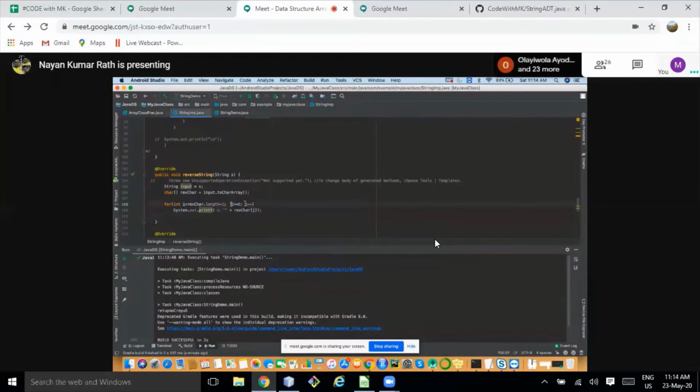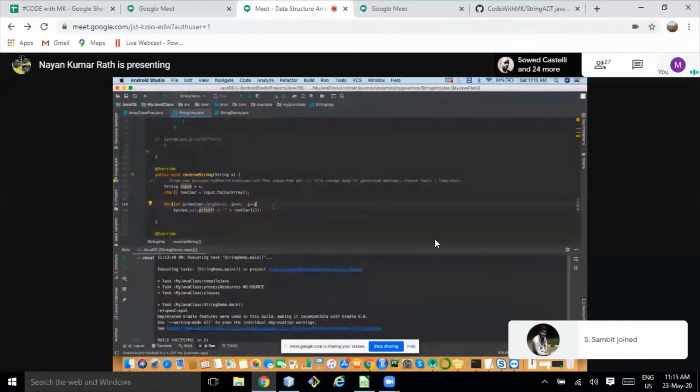I think this is not string reversal. It is just printing the string in reverse order. What is the expectation? I want to reverse the string, I want that object, not just print it. In the reverse char array that you are declaring, you need to have the string in reversed order.